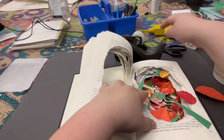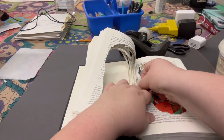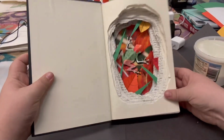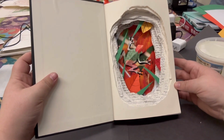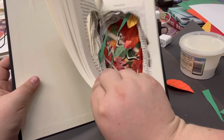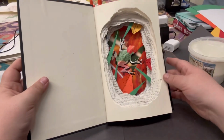Add more elements, just to add more blades of grass, just to add a little bit more to it. Like I said, you want it to look like your frog is a part of this environment. So then when you shut your book, you can see how those stick out like that, and it looks like your frog in the background is in the way back. All of those foreground elements are popping through. You can see that they look more in front of the image than they do towards the background and the